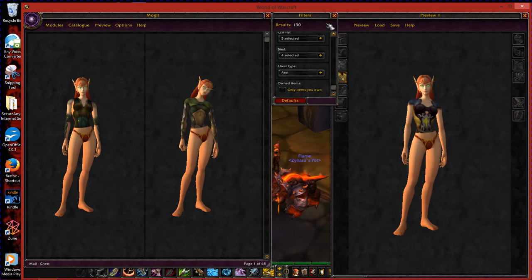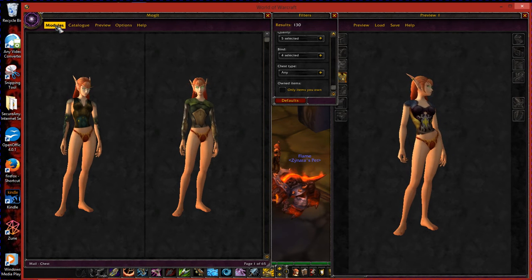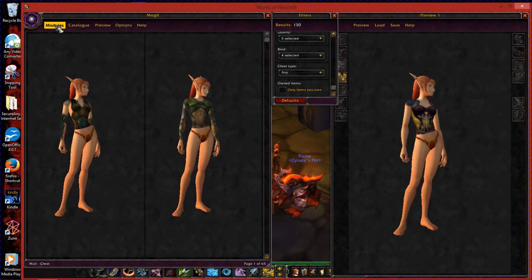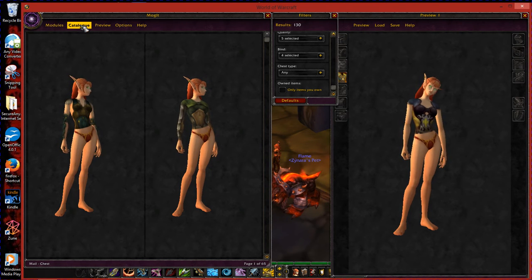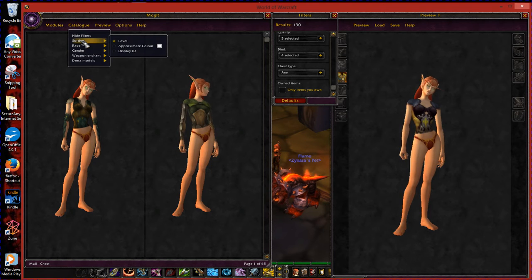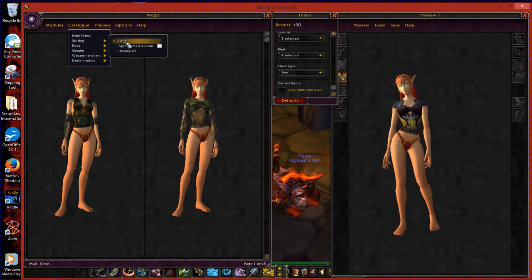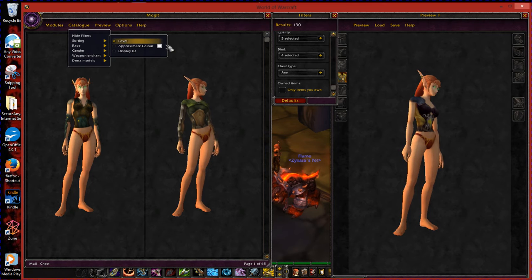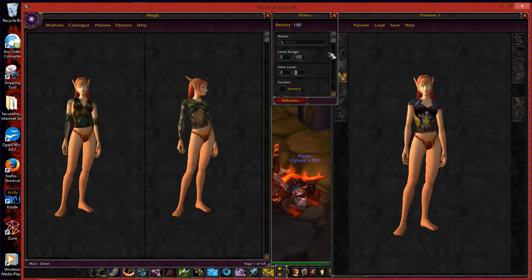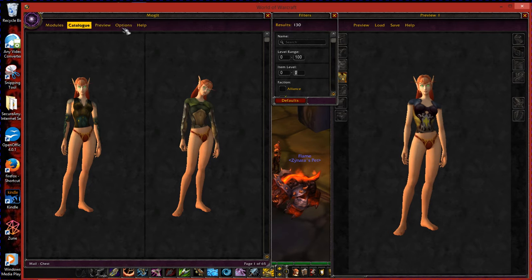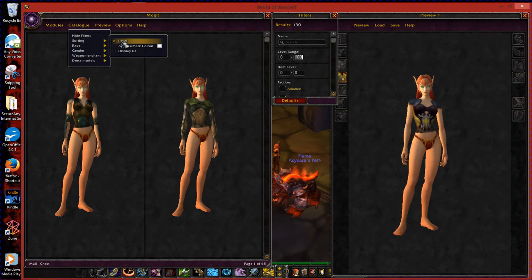Okay, so that's a basic overview of the screens. Let's go ahead and get started with putting a mog together. Now, there are several different ways that you can search, and that's with sorting. That's under catalog, sorting. You can sort by the level of the item. It'll start with level 100 if you happen to be 100. If your character is a level 20, then it will only go up to level 20 unless over here you specify that you want to look to level 100. If you have a level 20 character but you want to look for things for future reference, change the level range. So you can search by level of the item.